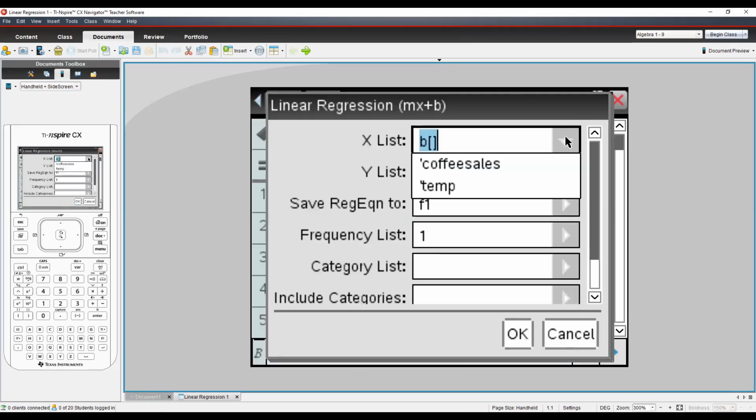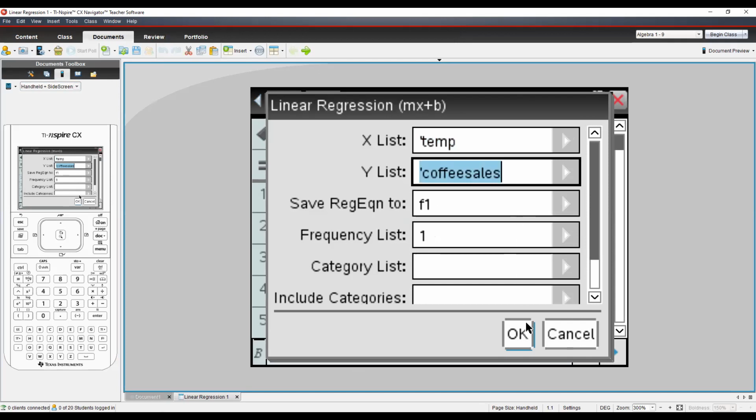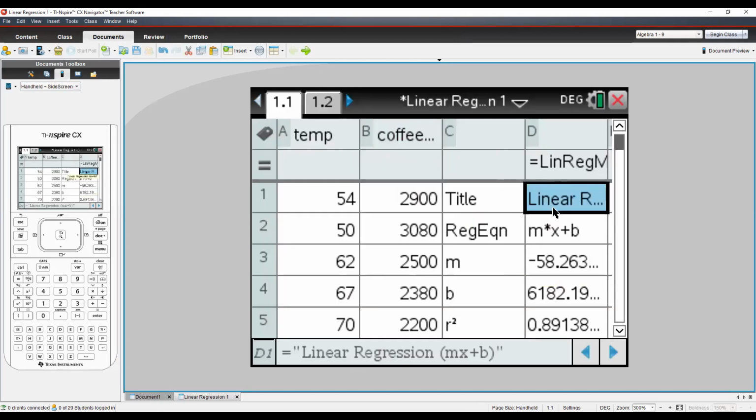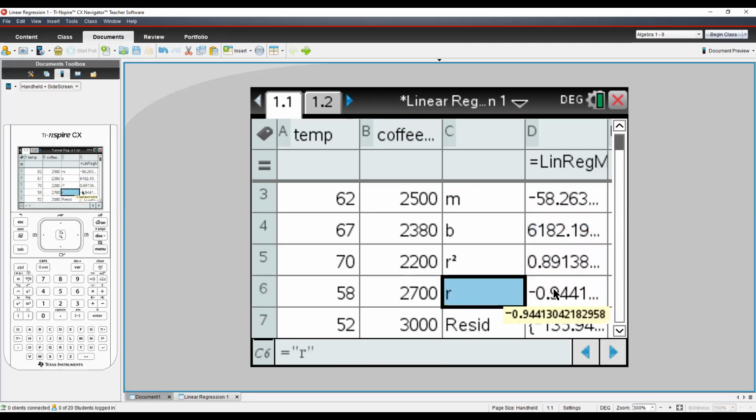You've got to tell the calculator, what did you put the X values? That was the temperature column. What did you put the Y values? That was coffee sales. And then you just press OK. Now, this will give you all of the stuff that you need. We already found the coefficient of the X term. We found the Y, and we rounded that to the nearest integer. Now, we need this R value. That's what we're looking for. So what we have is R is equal to a negative